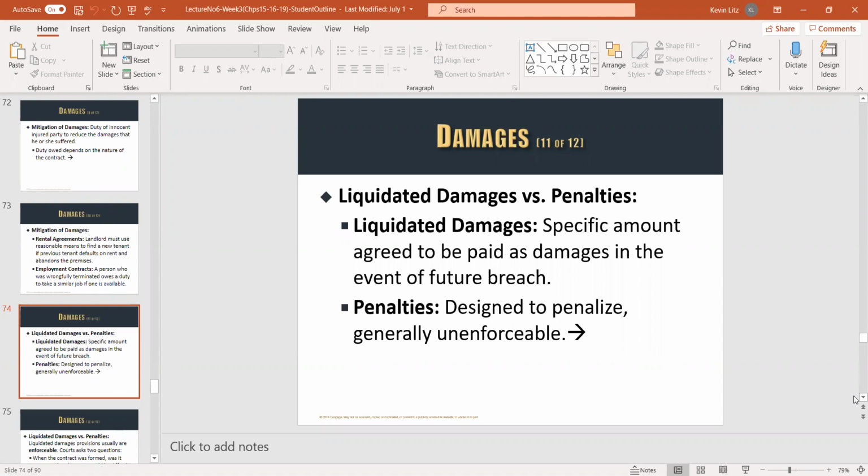That's to be distinguished from a penalty. Some companies with whom you deal will have contracts that would be construed as a penalty, and it's not fair for you to have to do it, even though they call it liquidated. If it's punitive, if it's a penalty, then it won't be enforced by the court.